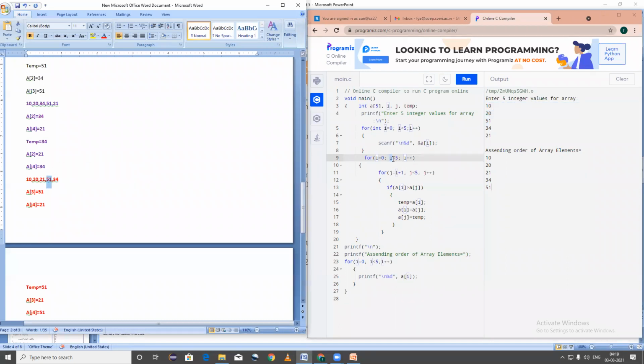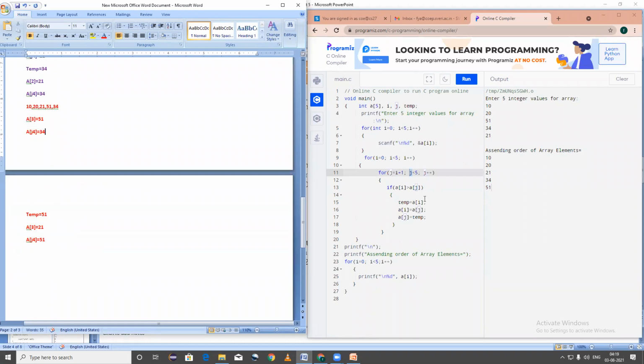Okay, now as the condition is true, 3 is less than 5, it enters the body of this for loop. Now it encounters J is equal to I plus 1. So what is the value of I? That is 3. 3 plus 1, 4. Now what is the current value of J? That is 4. बरोबर का? Yes, sir. Now what is the value at index 4? इथे 4 index ला कुठली व्हॅल्यू आहे? 34. Yes, I have mistakenly written 21 here. A of 4 is equal to 34. बरोबर का?